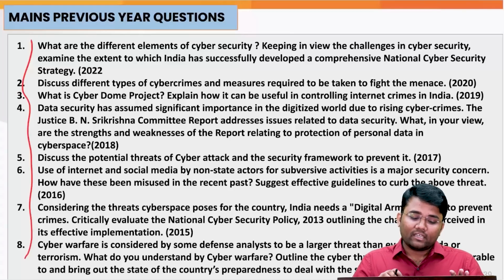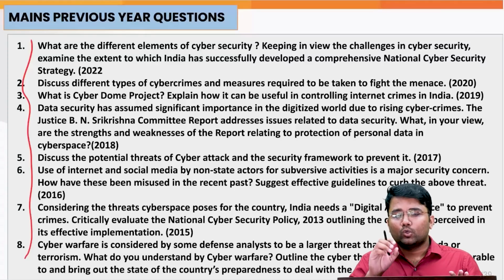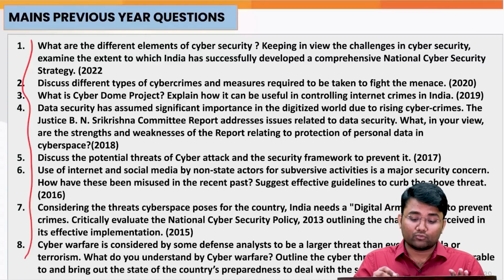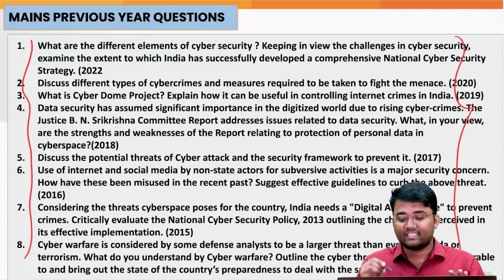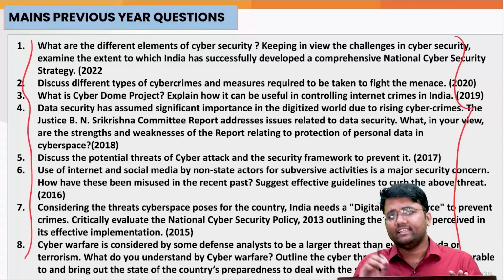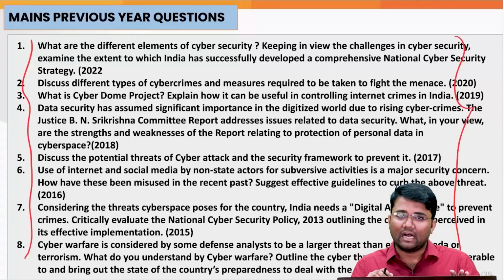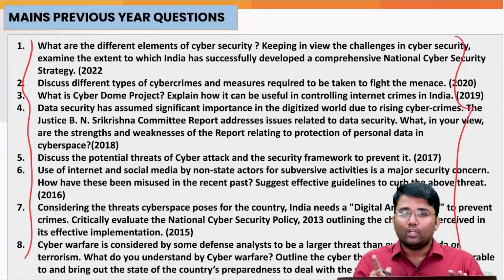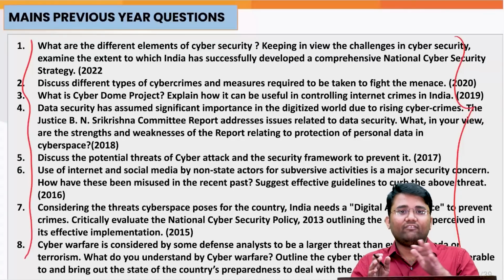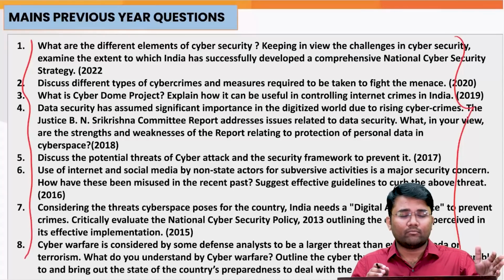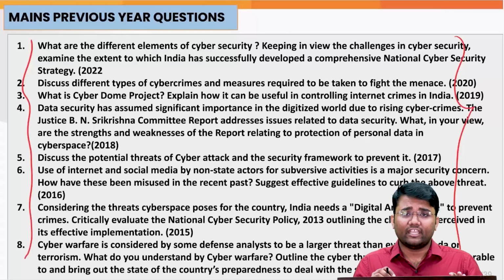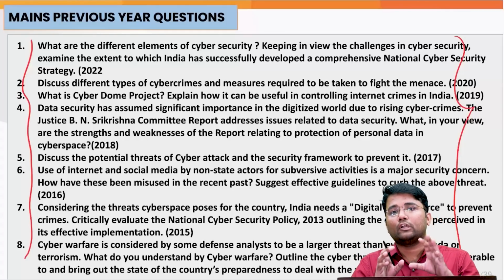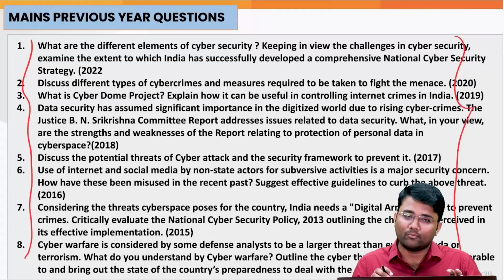Second, whether the notes that you have made are sufficient to solve all the previous year questions that have been asked, at least the last 10 years of previous year papers. If the answer is yes, it means your notes are good. Second, have you integrated those notes properly with current affairs? Are all the recent developments and current happenings that have been in the news in the past 1 year present in your notes or not? If yes, it means your notes are comprehensive and holistic for that particular topic.